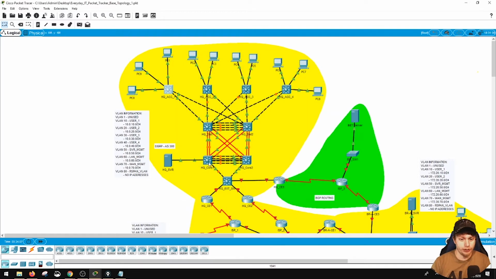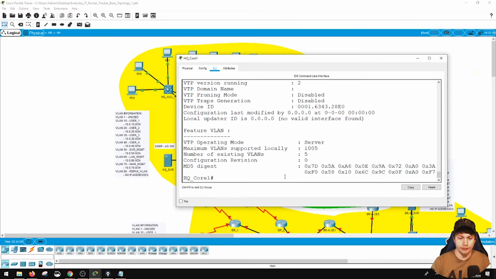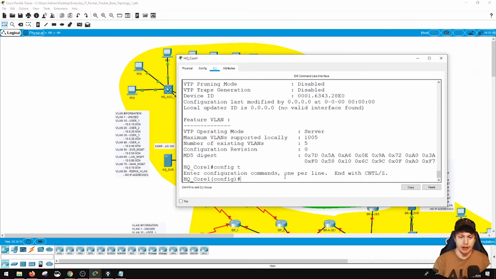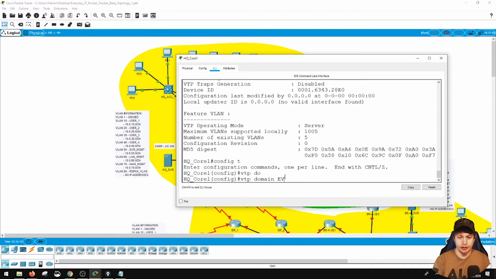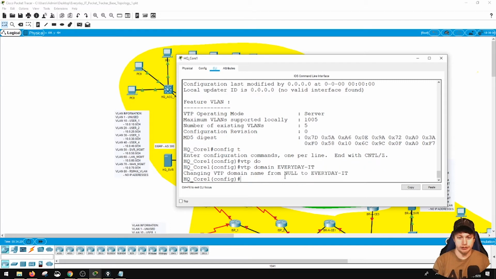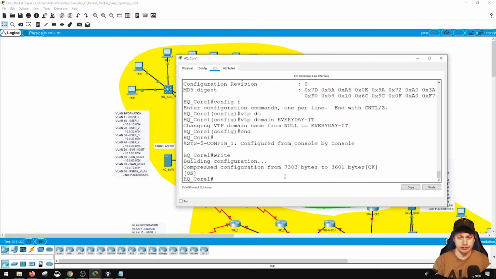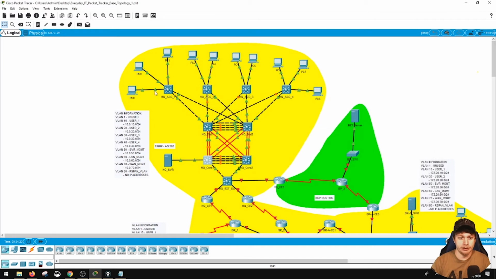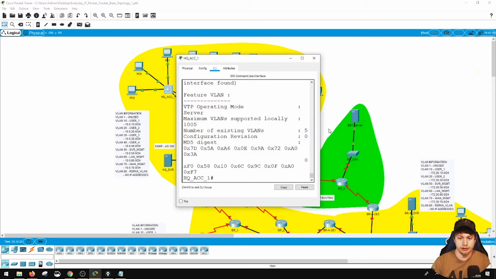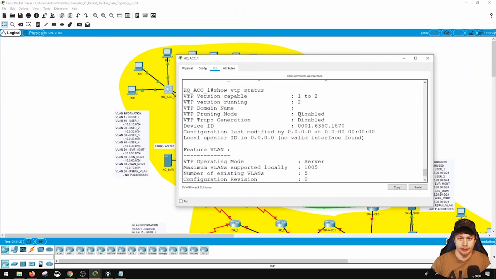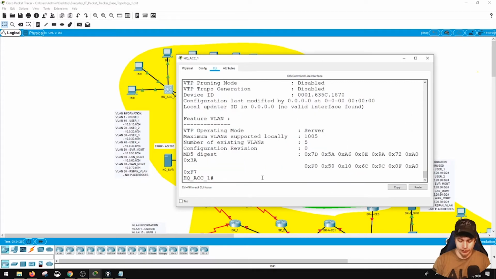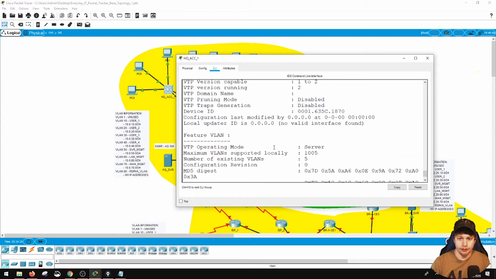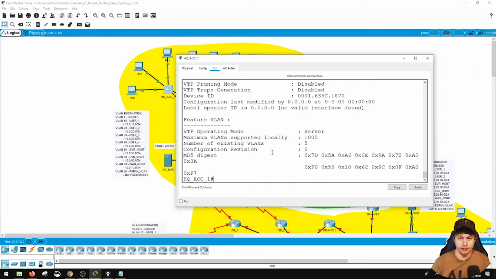So we're going to go ahead and go back to the core. We're going to do a config t, and we're going to do vtp domain everyday-it, end and write. So if we go back to that exact same access switch, where we didn't have a VTP domain previously, and we just rerun that, you're going to see we should have